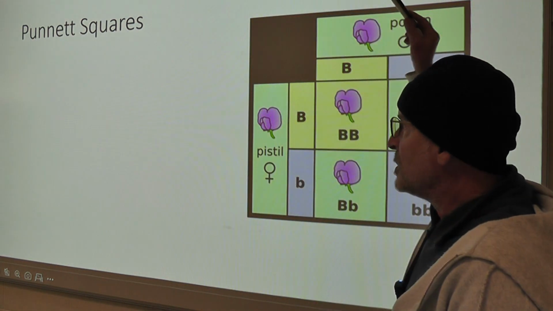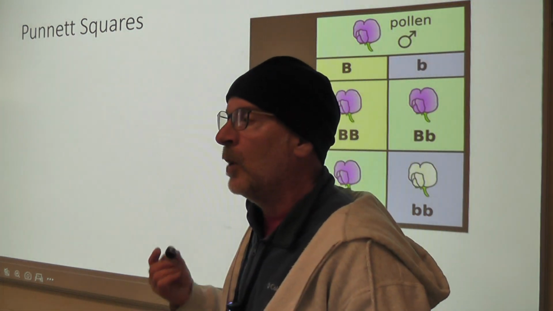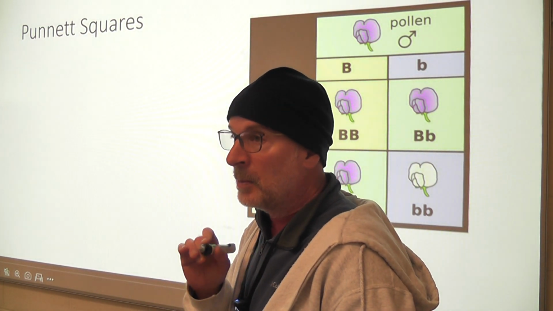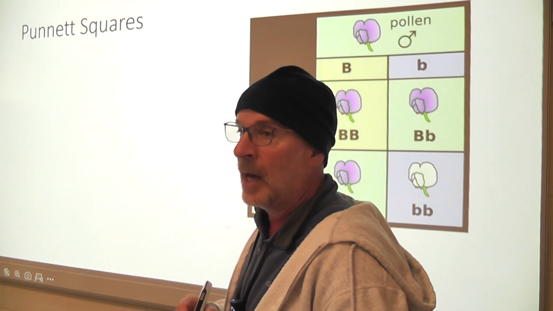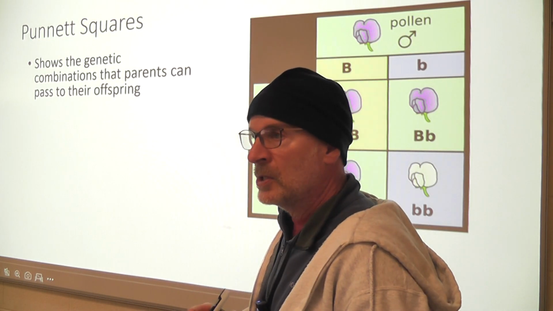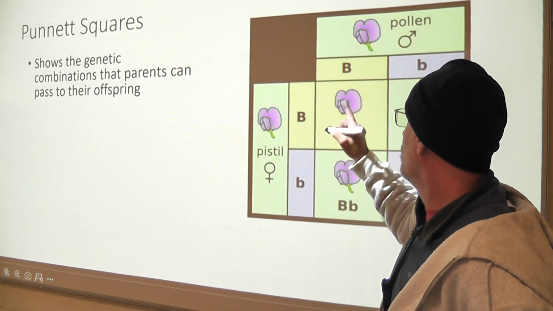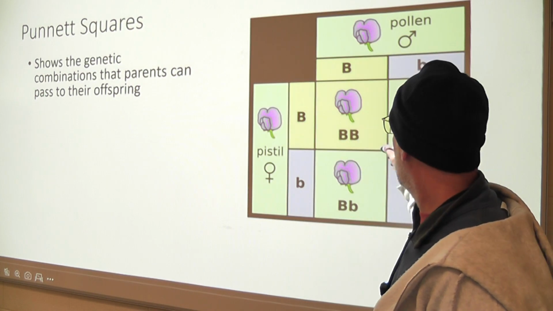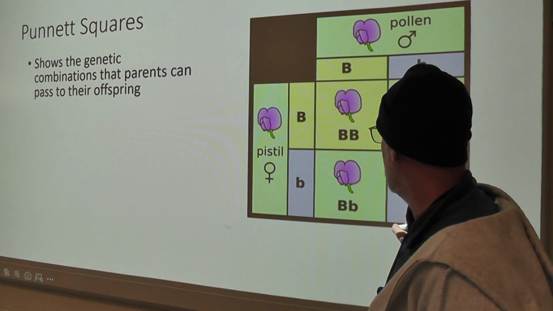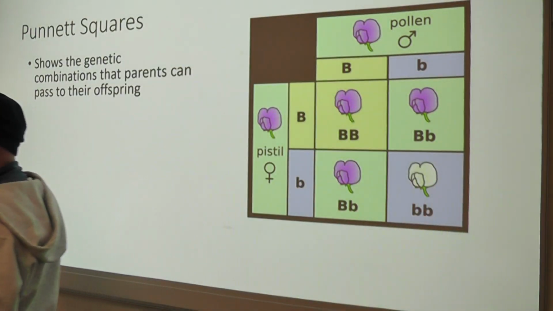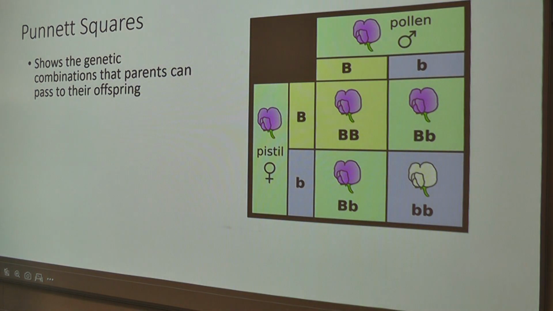All right, so this is where we get into Punnett squares, and what I'm going to do is paint a picture of how to use this. We're going to talk and think about probabilities as well, but I'm going to let the Amoeba Sisters do that part for us. So with Punnett squares, we are not looking at individual offspring. This is not one baby pea plant, another baby pea plant, another baby pea plant, and another baby pea plant. What we're looking at here are all the different ways that gametes could combine. If we have 2 parents and we know what alleles they have, we can look at all the different ways